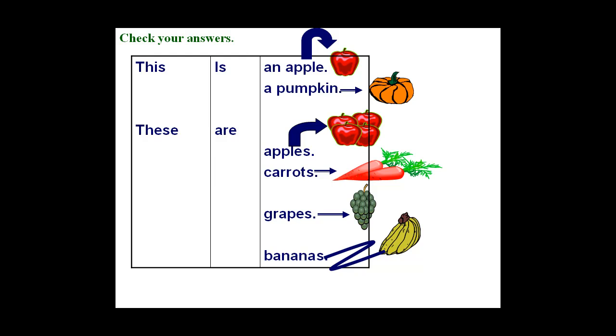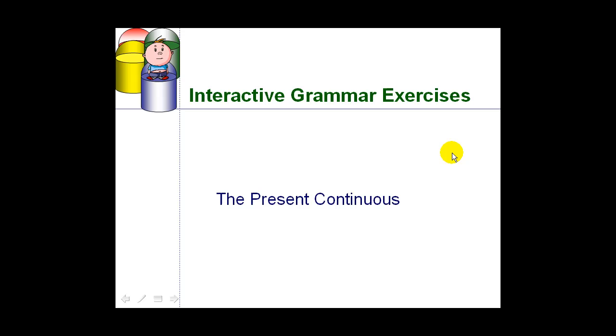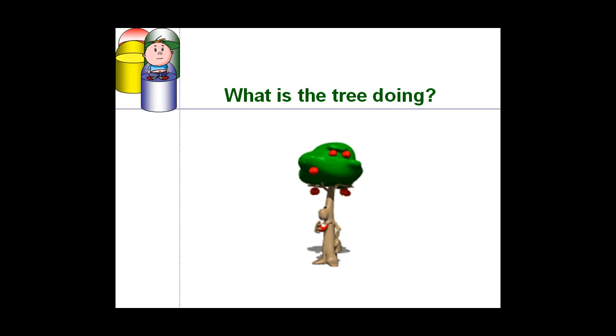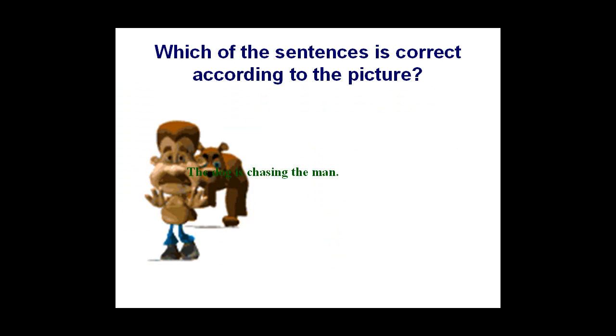So for all this we have set custom animation, so that the sentence should appear first, the arrow should appear next, the picture should appear, and so on. For present continuous, we have got these animated pictures. You are not able to see the action when we are not in the slideshow mode. Now you can see the action. So we can use such pictures for the present continuous. It's always good to use unusual pictures because that interests the students and their attention is engaged in the activity.